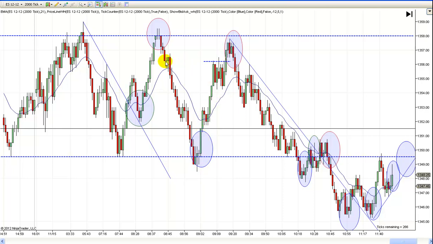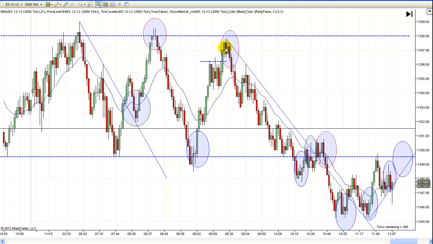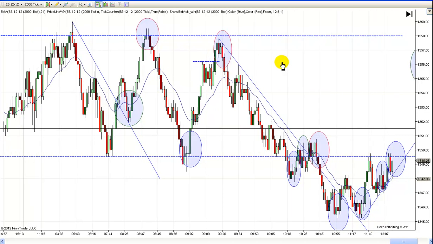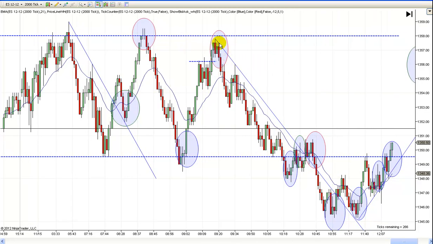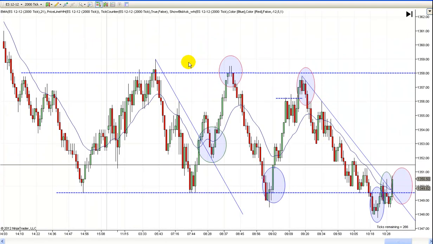And again, there are entries in the middle here that you could have taken coming down and going up, but I always tell you the best trades are at the strong support and resistance, and it gets dicey when you enter in these places, and you'll get tricked sometimes. So, I mean, it really looked like it was going lower here, and you might have got tricked to the short side, and then it ran higher. But there's a couple of different reasons that you want to enter here, and one is, again,